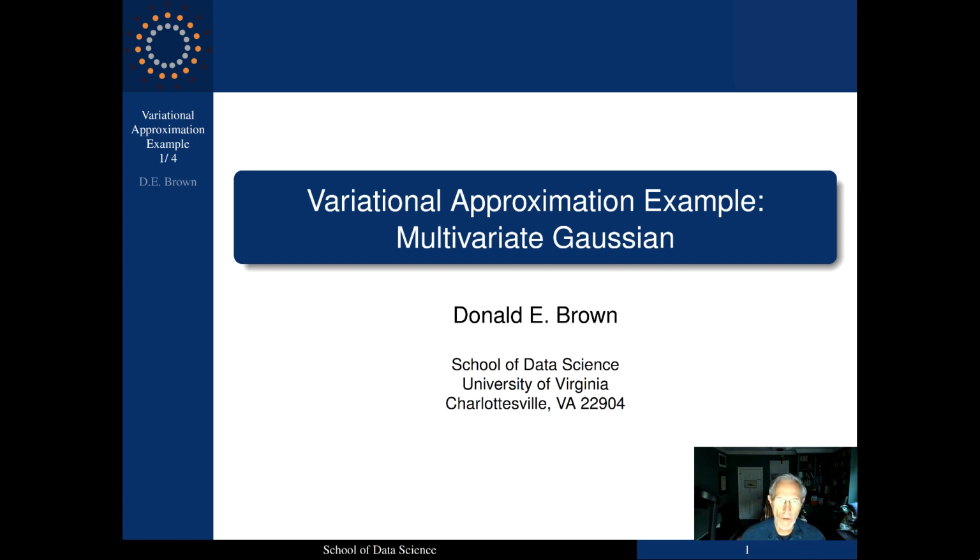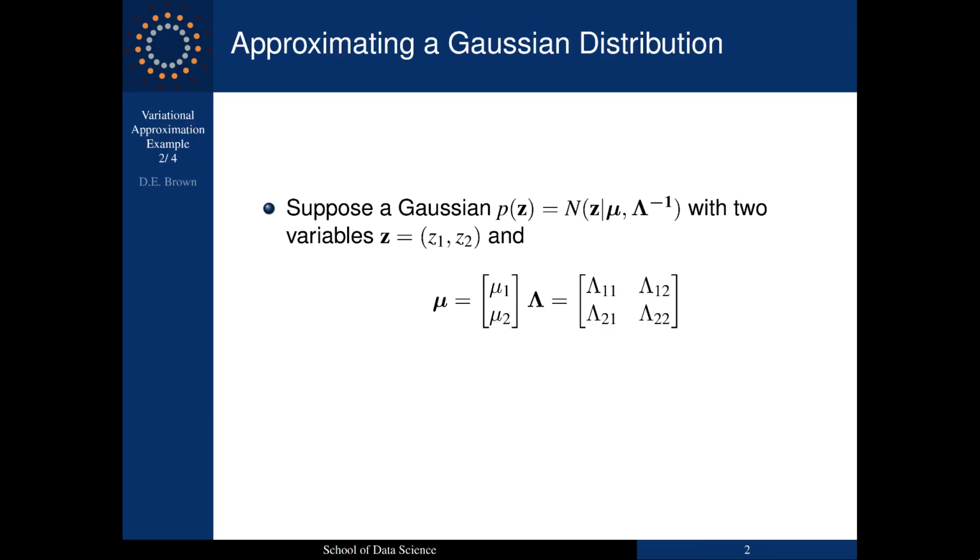To get a sense of how variational approximation works, we'll use a simple multivariate Gaussian example and show the results. So to set up the problem, suppose we want to approximate a Gaussian. And this will be a function of these latent variables. So there's variables that we don't know about this. And in fact, they're going to be parameters of this Gaussian. And the parameters are given by mu and lambda, where lambda is the precision and mu, of course, is the